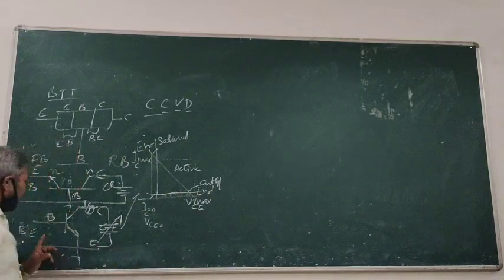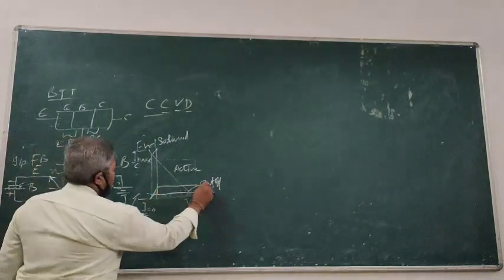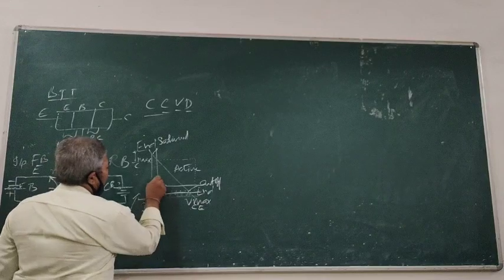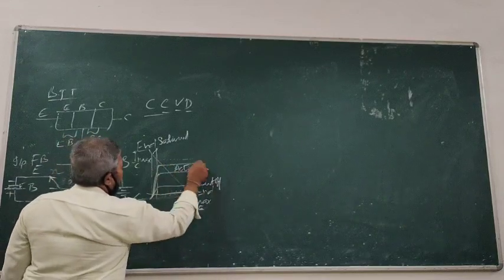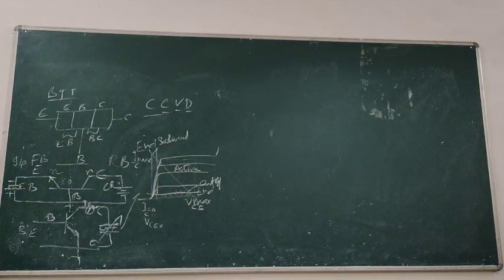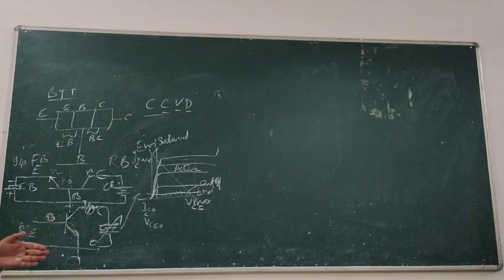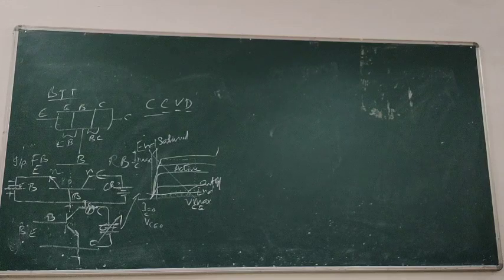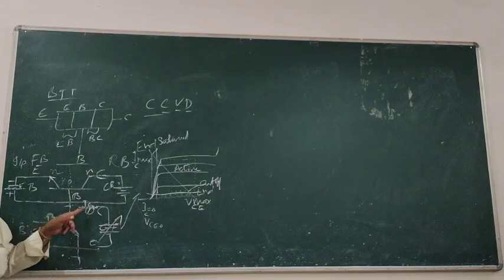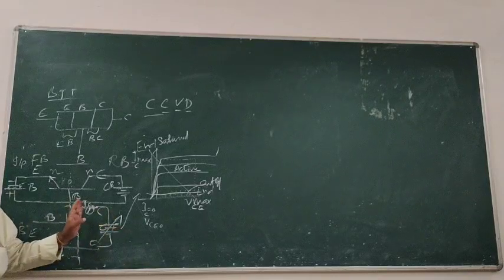Suppose we are giving IB equal to 10 microamps. It will rise. We give 50 microamps, then 100 microamps, then 150, 200 microamps. As the maximum amount of current passes from the input to the transistor, it will open the gate, that is, the junction will expand. By that time, the current flows from base to the emitter and the collector. That current is converted into a voltage.